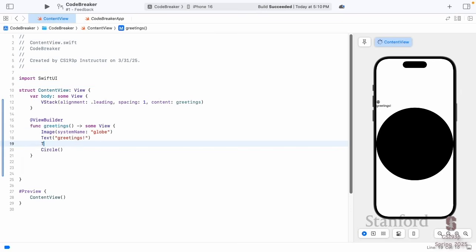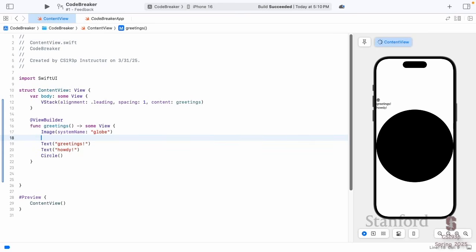And now if I go in here and add another thing here, text, howdy, it's working fine. Because that some view just got updated to be tuple view image text text circle probably or something like that. And these things can get quite complicated because I didn't really tell you this, but you can